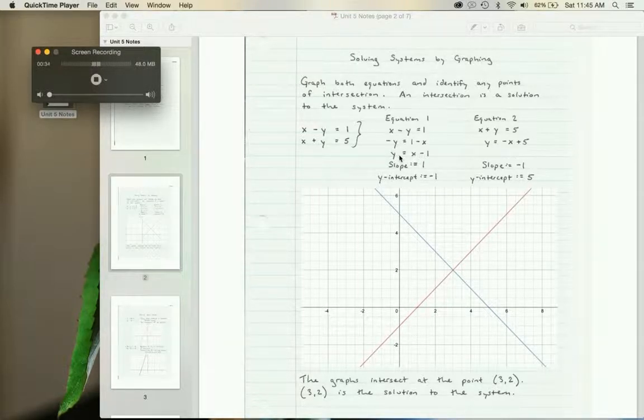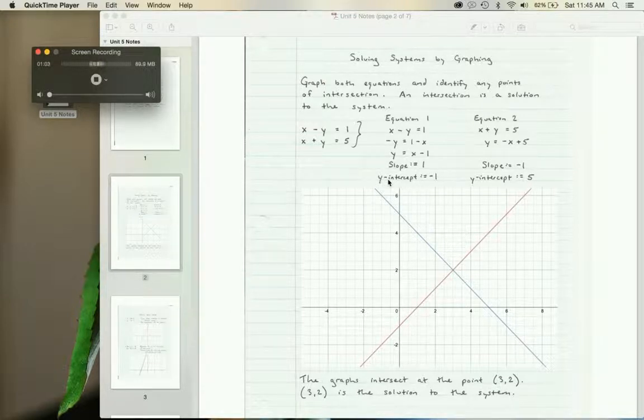And this is in the form y equals mx plus b, our slope-intercept form, where m is the coefficient on the x, that's our slope. In this case, our slope is 1. And our y-intercept, that is going to be the place where your line crosses the y-axis, is -1. That's b, this number right here. So I have my first equation in slope-intercept form, and I've identified the slope and the y-intercept,